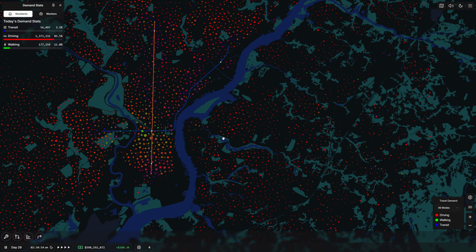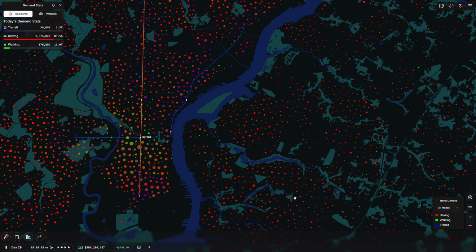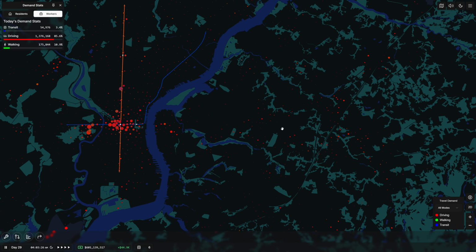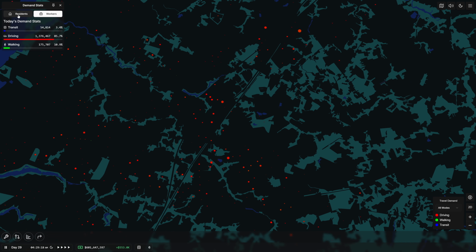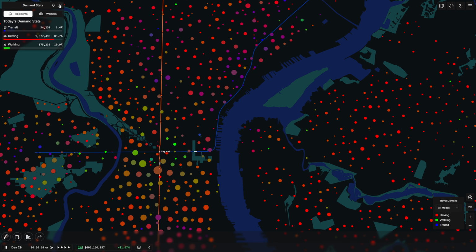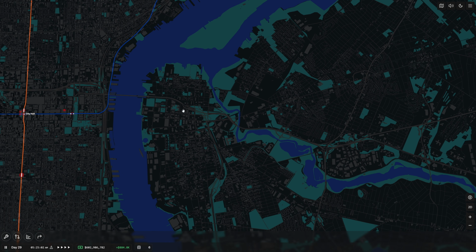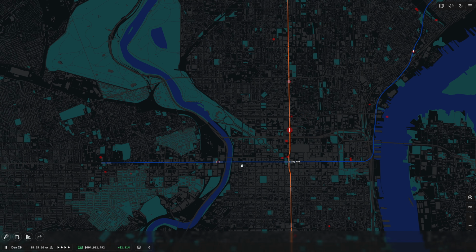Alright, so some other areas that I can see that we could begin covering is across the river in New Jersey. Right here, there's a decent amount of population, and there are also a few decent work nodes that we could connect to. We obviously won't be getting all the way out to here, but this seems to be a decent area where we could potentially bring people in the future. And so I think having a line coming across the river does make sense. I don't know how far we'll be able to go right now with our budget, but I think the plan I want is